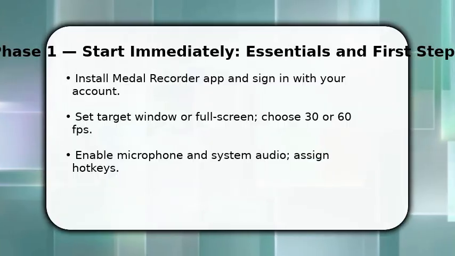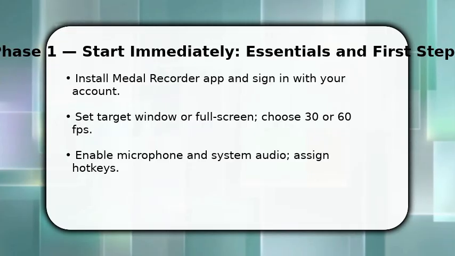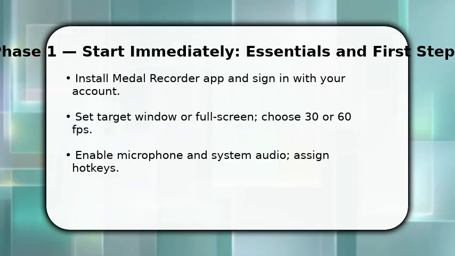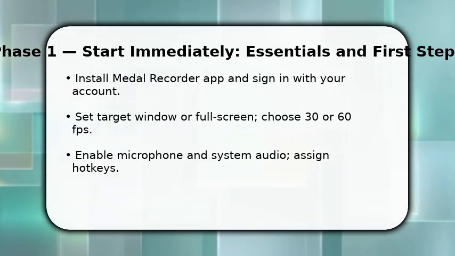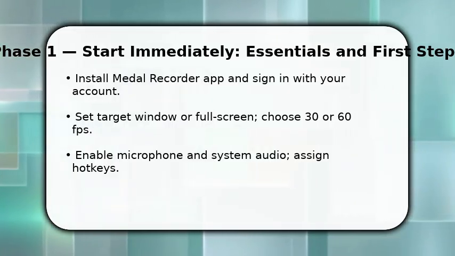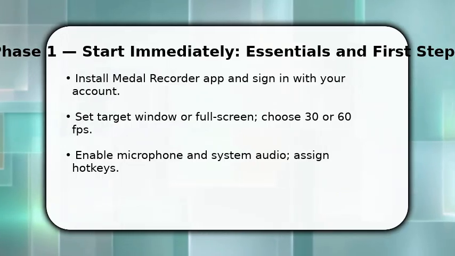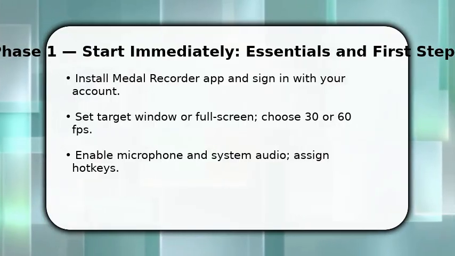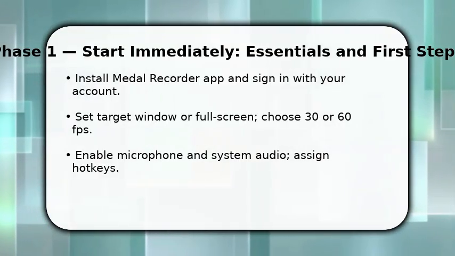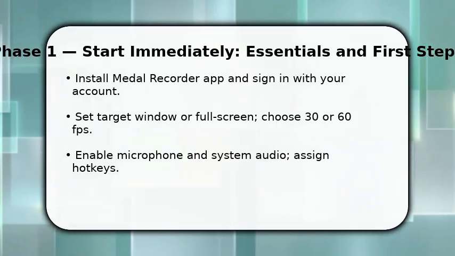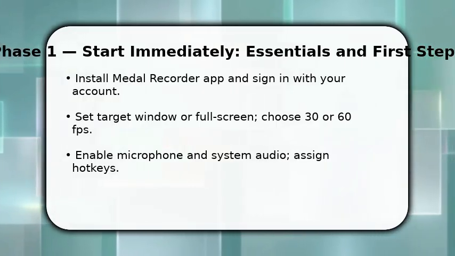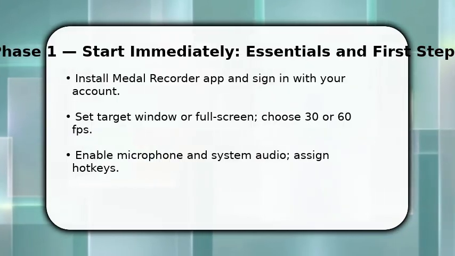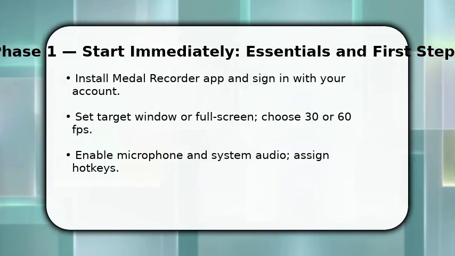You begin by confirming essentials. Metal Recorder is installed, signed in, and the target window is ready. Now, select Capture Mode, Window or Full Screen, and pick 30 or 60 FPS for smooth footage. Next, enable both microphone and system audio so commentary and game sound record together. Assign a hotkey for start/stop. This saves time during live play. Once done, press the hotkey to start a short test clip and review audio levels so your final recording is